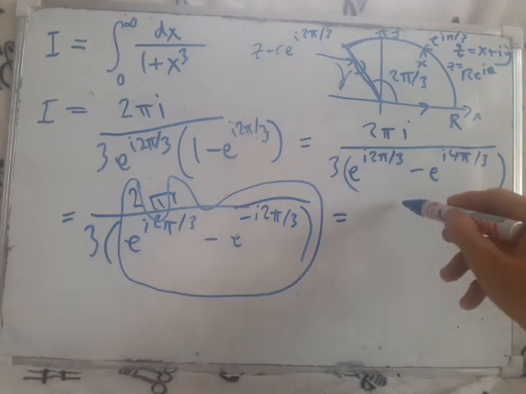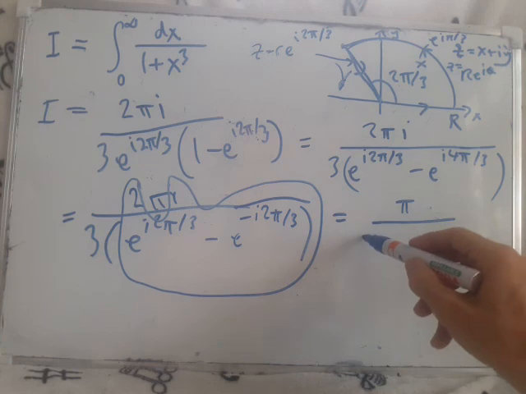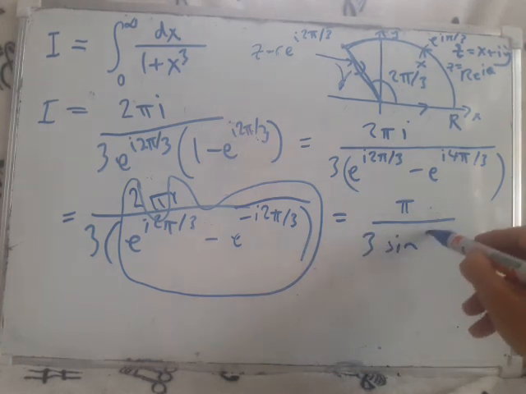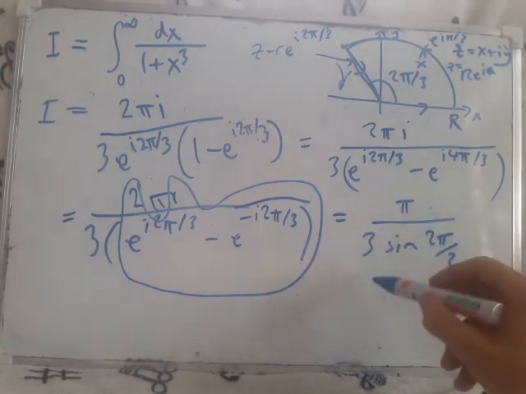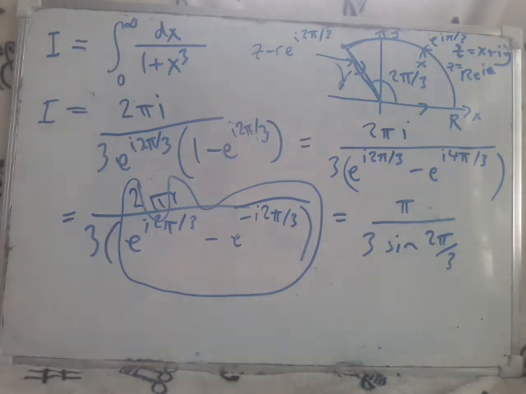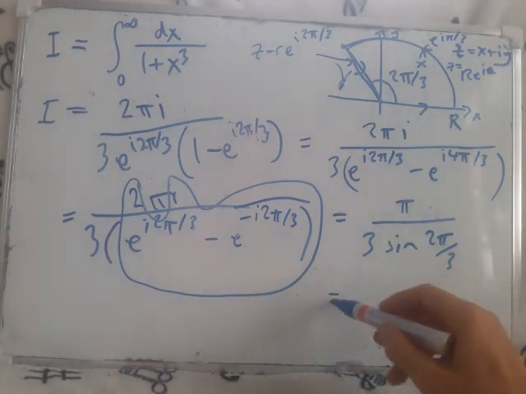So that just leaves us with pi over 3 sine 2 pi over 3. And sine 2 pi over 3 is root 3 over 2. So we end up with